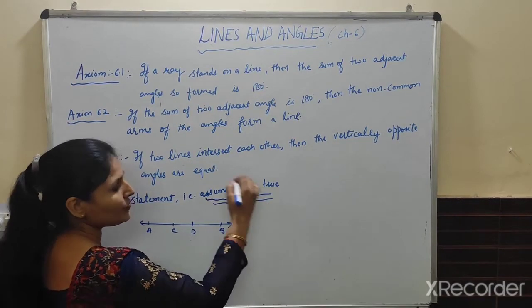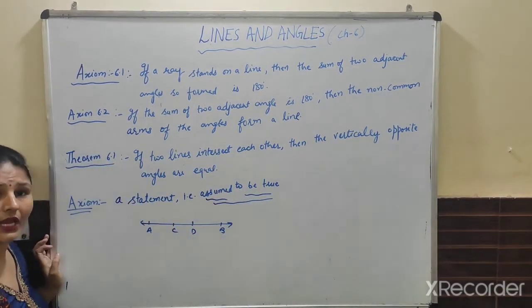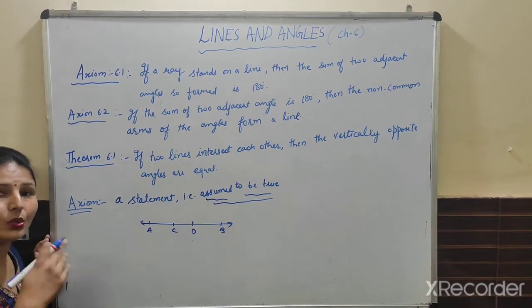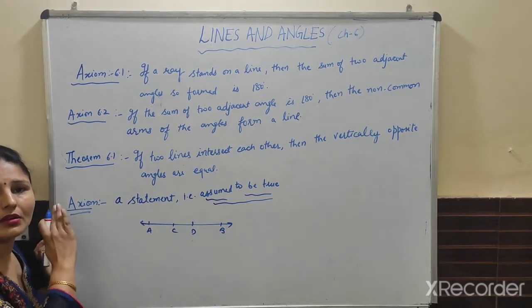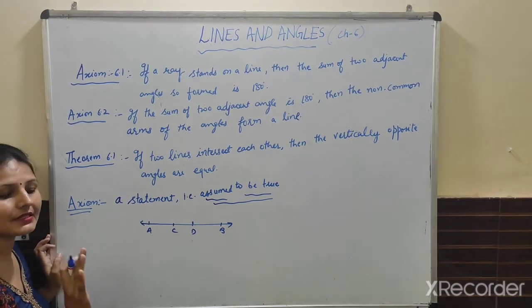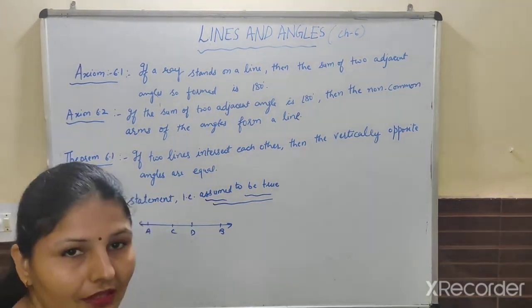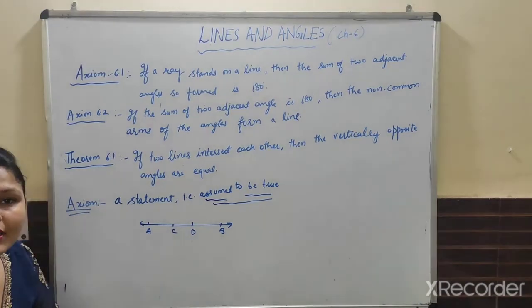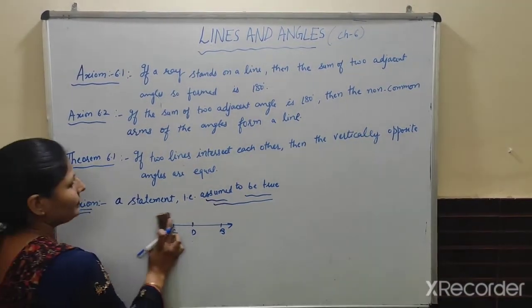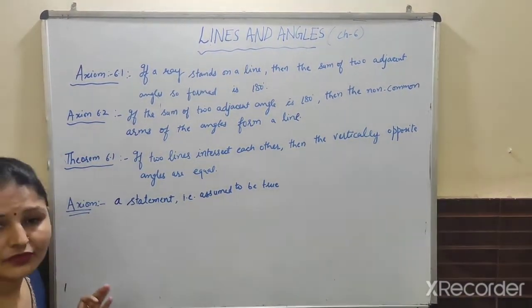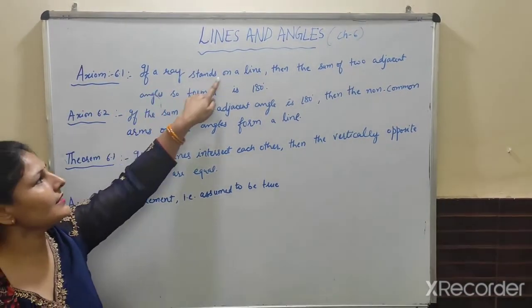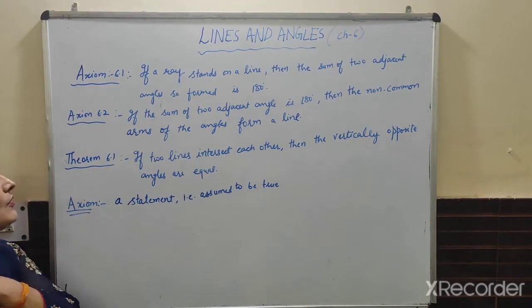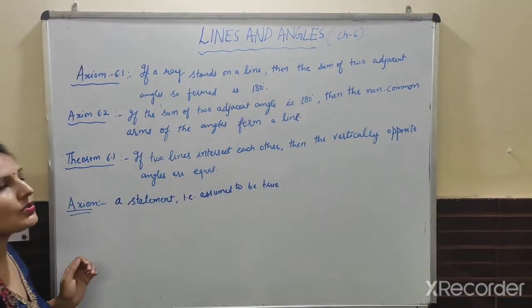They are assumed to be true, that it is true in any case, anywhere, in any part of the universe. They do not require any proof. We say in mathematical terms, these are axioms. Okay? First axiom, 6.1. If a ray stands on a line, then the sum of two adjacent angles so formed